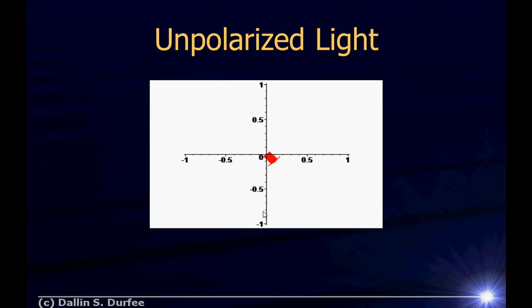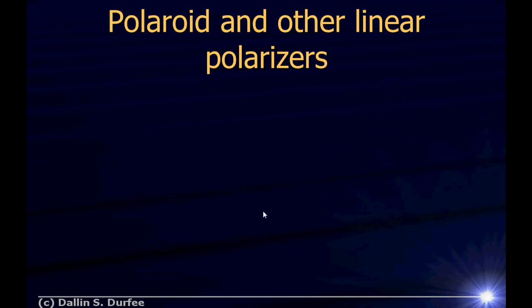So in a light bulb or a fluorescent light, all kinds of chaotic stuff is happening. The light's being emitted incoherently. And so the electric field, the way it's oscillating at any given moment in time is rapidly changing. And so that's what we mean when we say unpolarized light, that just kind of something like this, a little electric field vector I'm showing right here. Imagine the light's coming straight at you and you're looking at how the electric field oscillates. Right now it's kind of horizontally polarized, but a moment later it's something else. So unpolarized light is light whose polarization is changing rapidly.